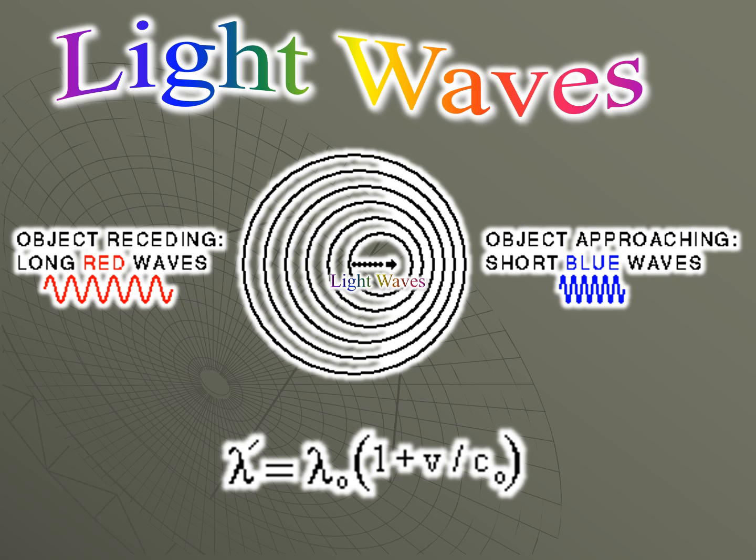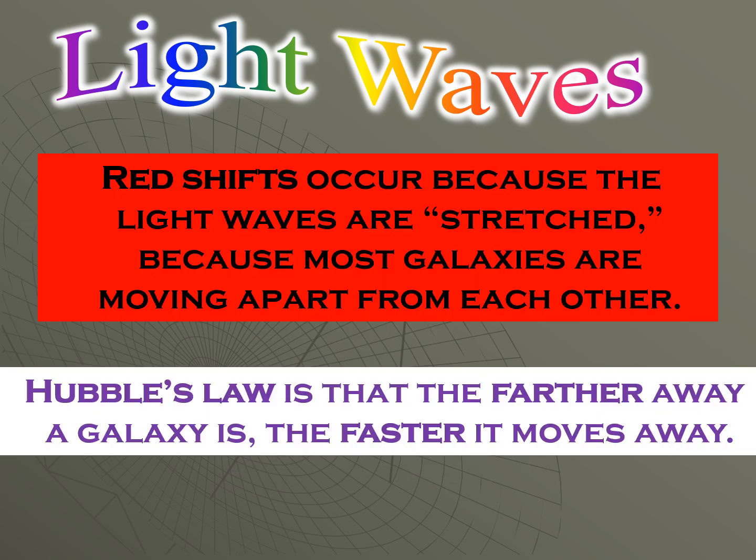So if the same thing happens with an object moving rapidly, sending out light waves, well then an object that is moving toward you is what we call blue shifted. It's shifted toward the violet end of the spectrum. For simplicity, they call it the blue end of the spectrum. And if something is moving away from you, well, it's shifted toward the red end of the spectrum. The wavelengths are made longer. They call that a redshift. So redshifts occur because the light waves are stretched out, because the object is moving away from you.